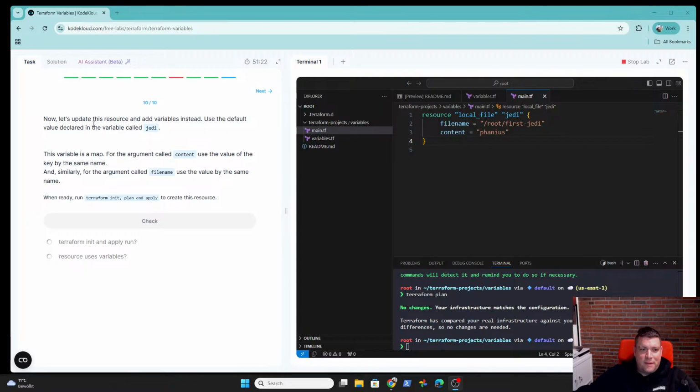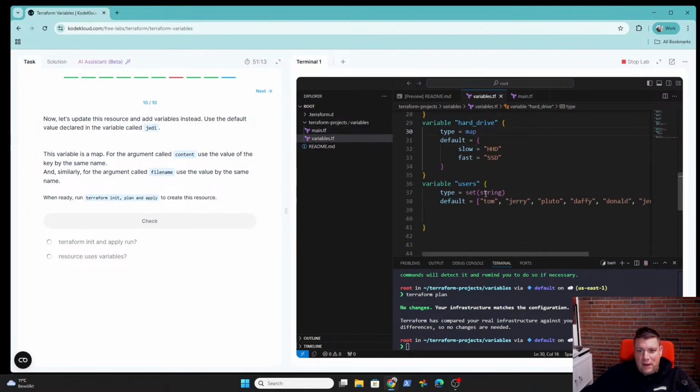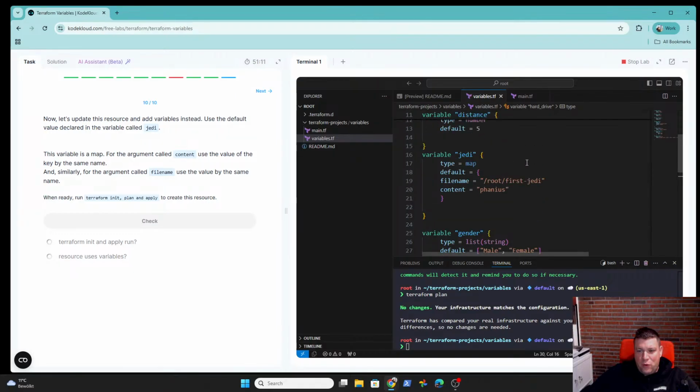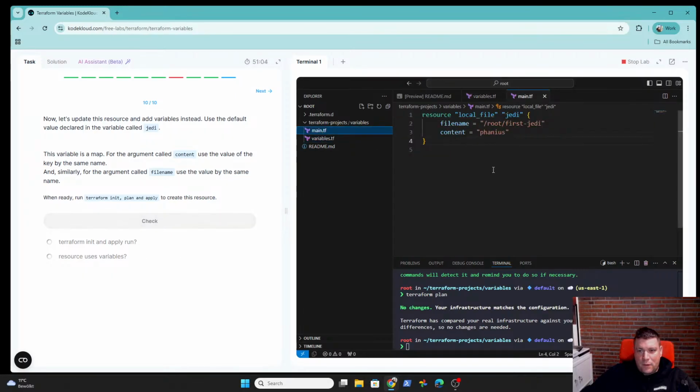Now let's update this resource. Yedi. So variable Yedi has the default. I'm not sure. I would say variables.yedi right here. var.yedi.